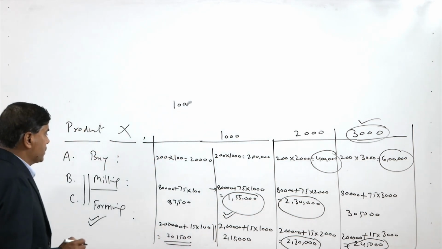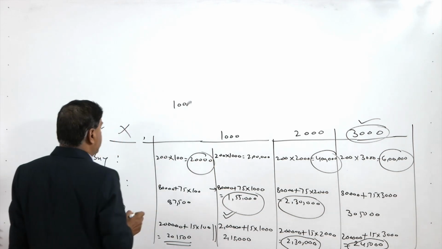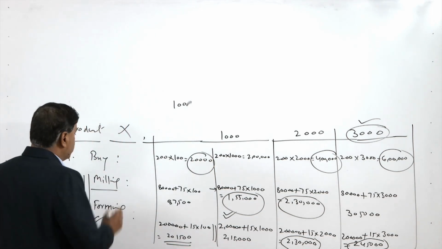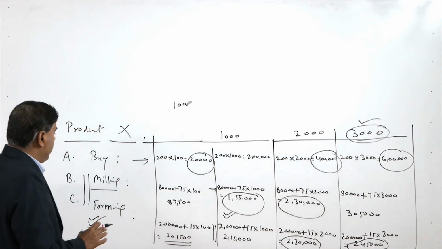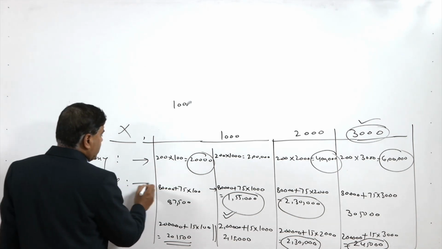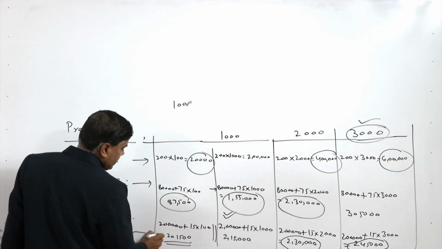In this scenario, 20,000 is the minimum possible cost for option A, buying directly from the market, and milling is the second costliest method, and the costliest method is